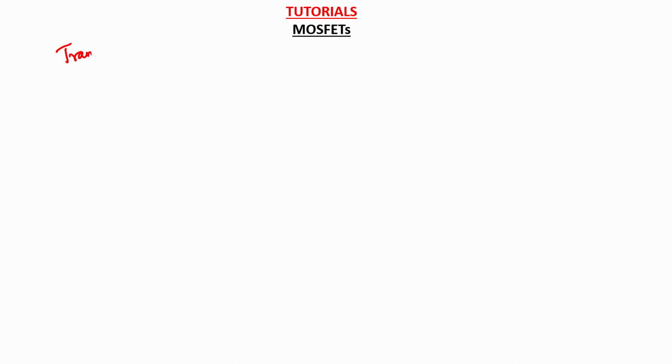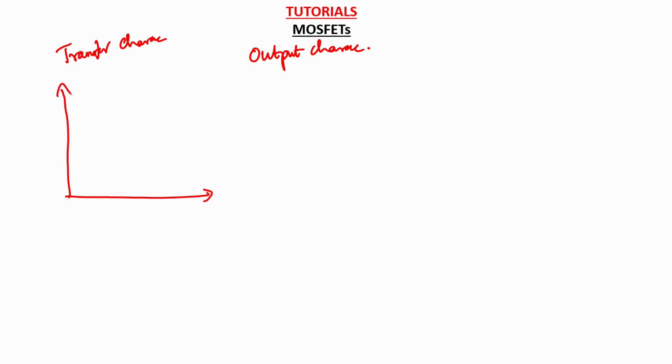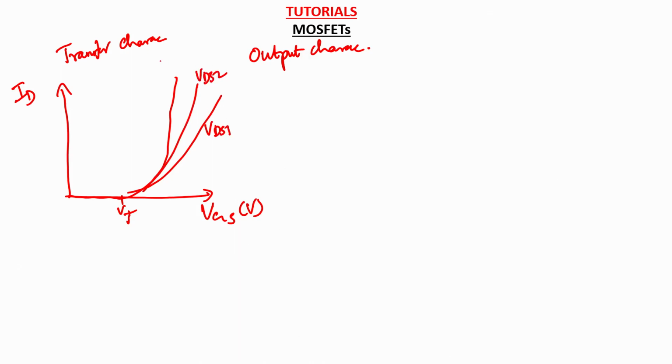So you might know that there is something called transfer characteristics, and there is something called output characteristics for the MOSFET. The transfer characteristics looks at the variation in the drain current with respect to the gate source voltage for different VDS values, which is nothing but the drain to source voltage. So MOSFET is off for some values, and it is on after the threshold voltage, and this can be VDS1, VDS2 and VDS3. VGS less than VT is where MOSFET is off, and VGS greater than VT, which is the threshold voltage, the MOSFET is on.